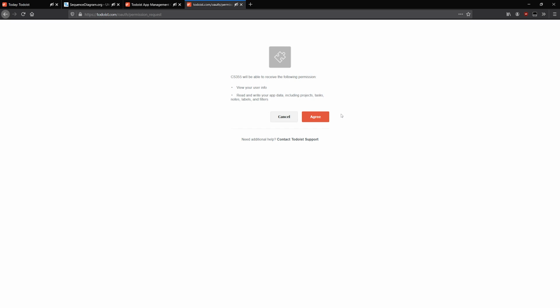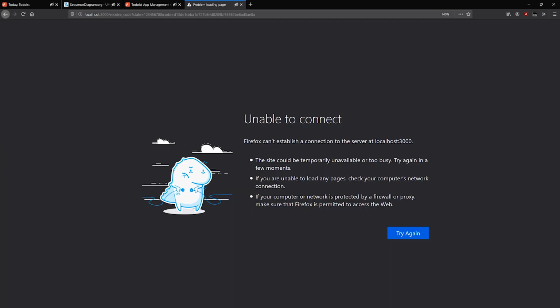This will prompt me to log in if I'm not logged in already. Then it will prompt me to grant permissions if I haven't done so already. Lastly, it will send a 302 redirect to the OAuth 2 redirect URL. In this scenario, that was specified to be localhost 3000/receive code, which we have over here. Since we haven't launched our server yet, this request fails, but the URL contains a query string that we can